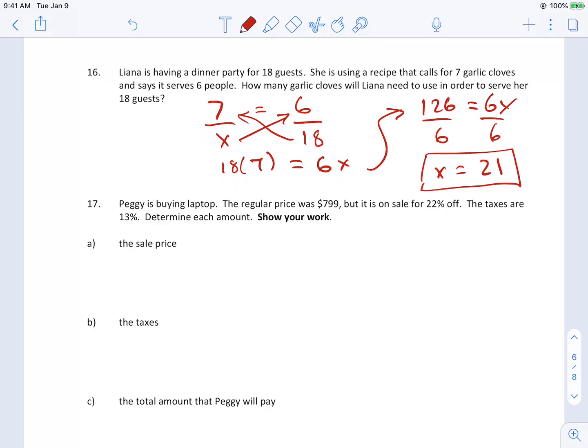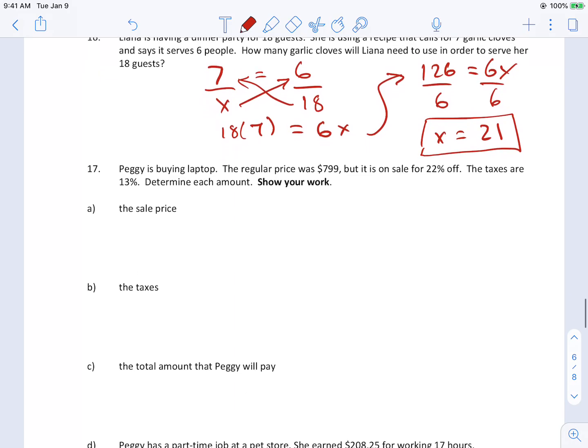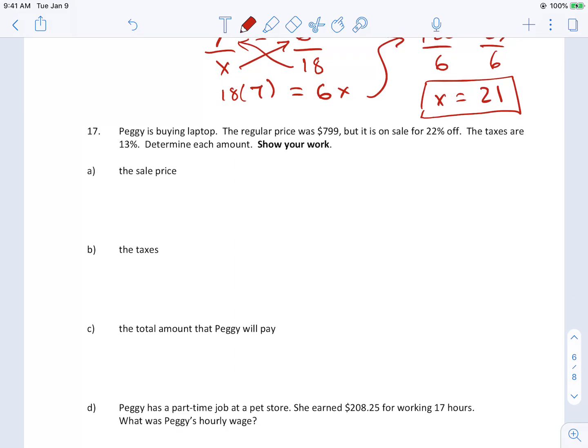Okay, so Peggy's buying a laptop. Regular price was $7.99, but it's on sale for 22% off. What a deal. So what is the sale price? Well, the original price was $7.99. If we want to calculate how much it costs now, we can take a look at how much she is saving, which is 22%, or 0.22 as a decimal. So if you do that math, $7.99 times 0.22,